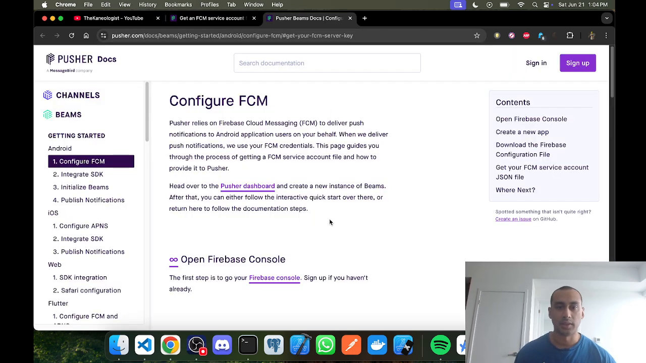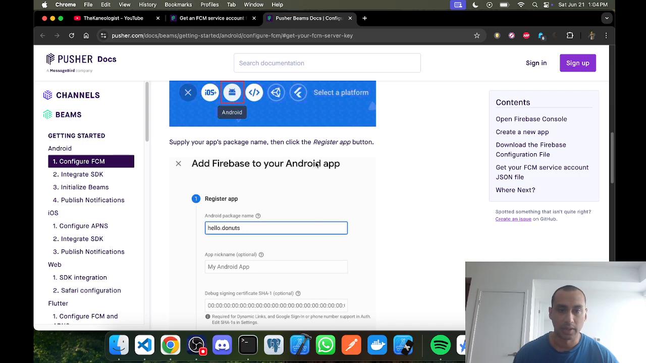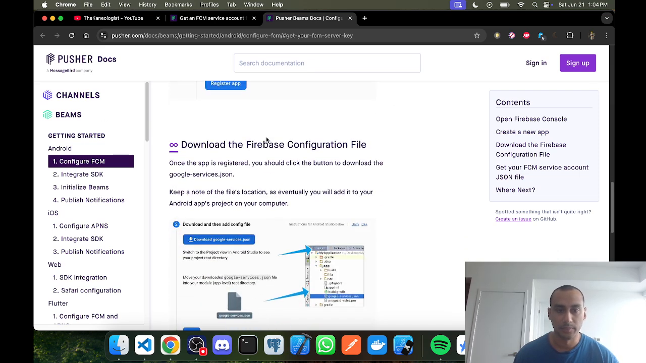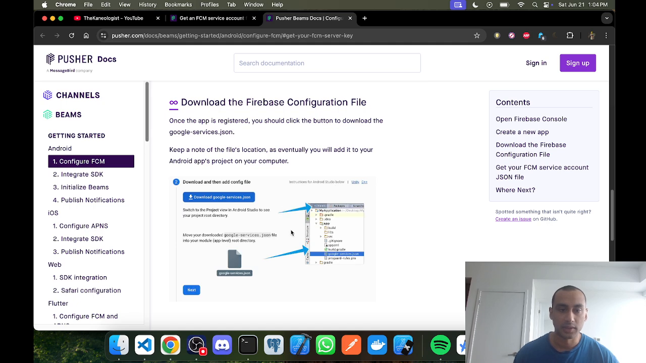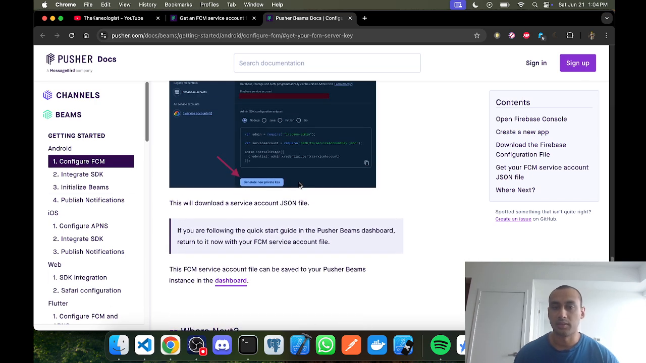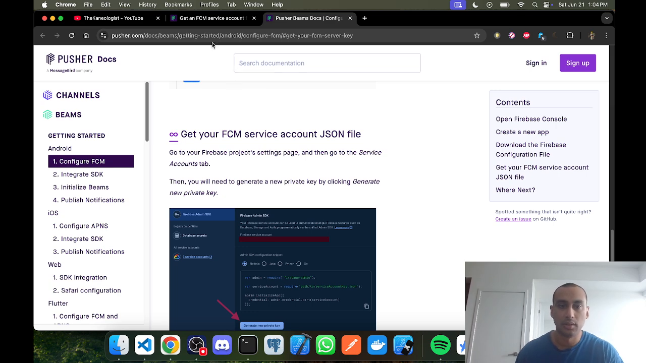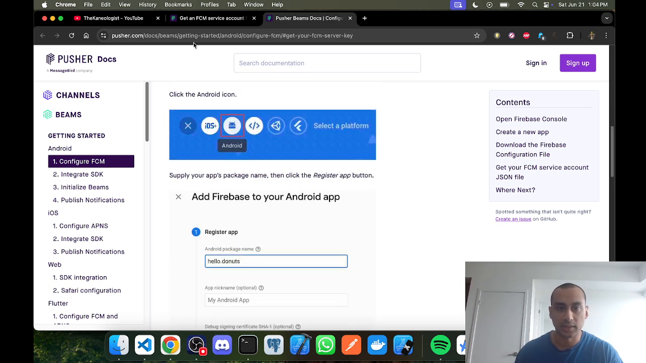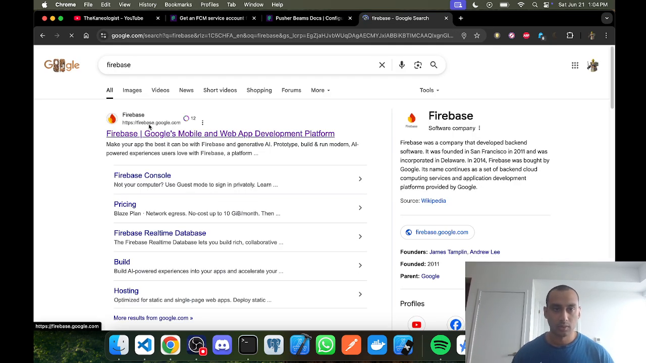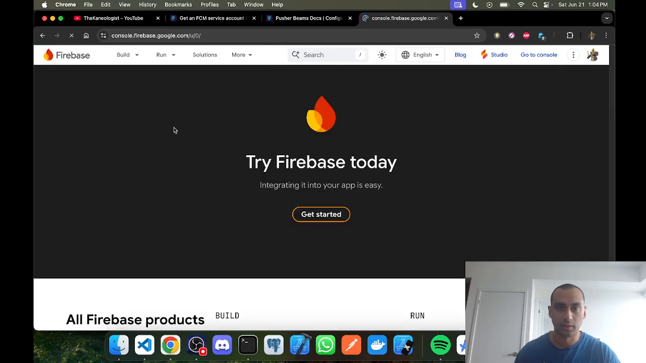So basically click that, open Firebase console, add an app, Android, same thing, add your instance, which is the package name. Then you need the google-services.json, and then you need to generate the private key. So it's all the same steps as if you were to use OneSignal. You just need to follow them the exact same way. So let's go to Firebase. Let's go in here, get started,